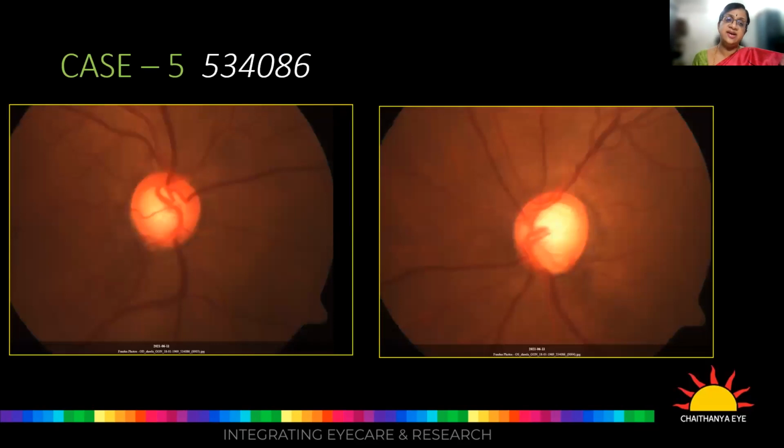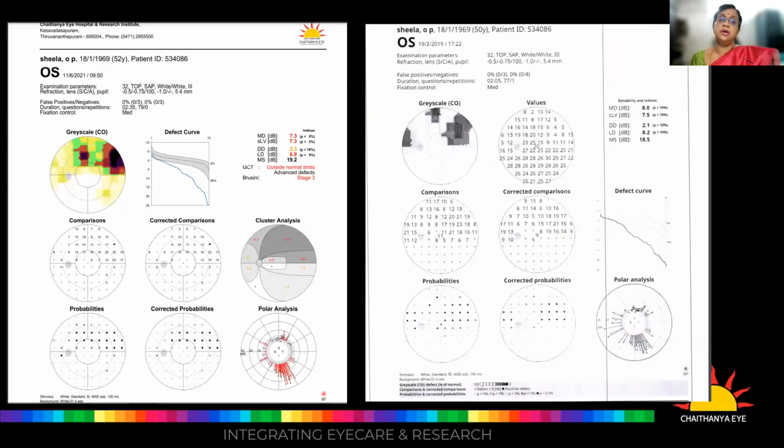The next case again is an asymmetric GON, but it's rather a unilateral GON with the right eye more of a normal eye. So she was a unilateral NTG. I started treatment for her in 2018 after a DVT, and she was following up with reasonably normal, very normal intraocular pressures and a 30% reduction of IOP